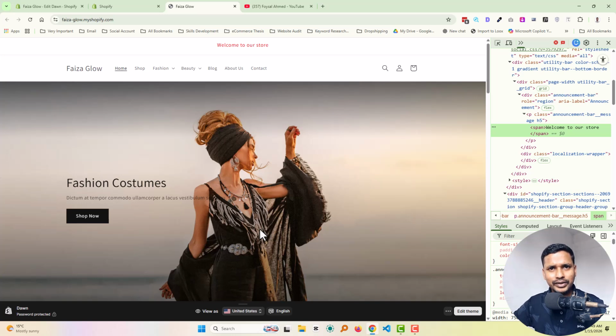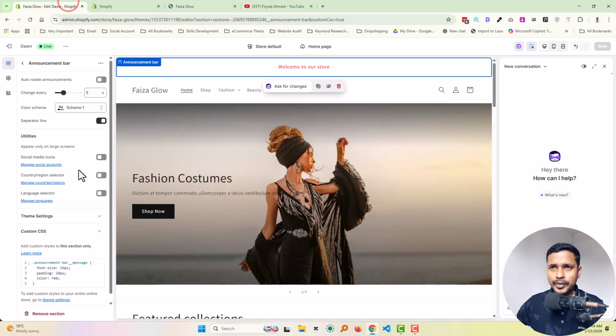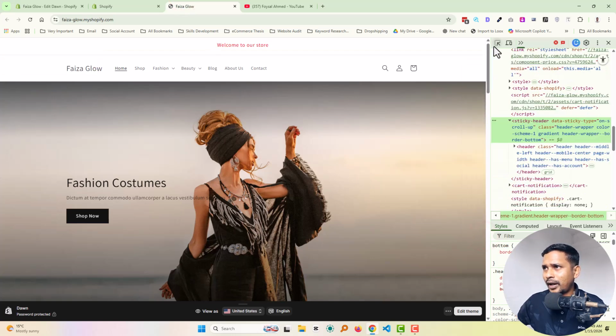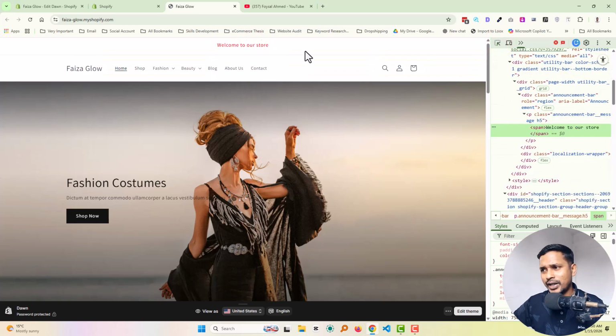What we have learned in this class is that there are three options to customize our Shopify online store. Option 1, fully develop a section, that can be an announcement bar, header, or any section like a review section, using custom code. But for that you must know coding. Another way, use the default customization feature of the Dawn theme. In this way you don't have to know coding, you use the custom options from here, but that is totally limited. And another way, use inspect and play around with code and customize or change everything using code